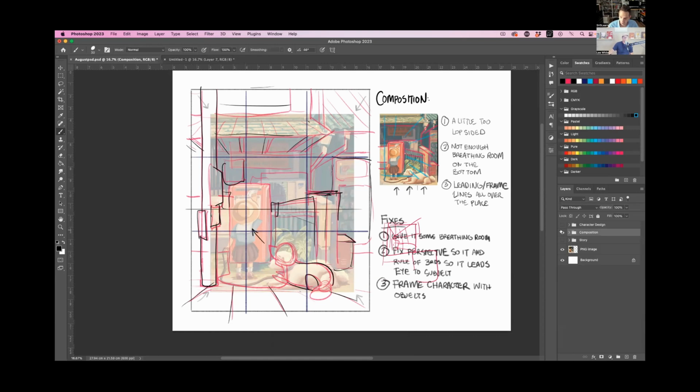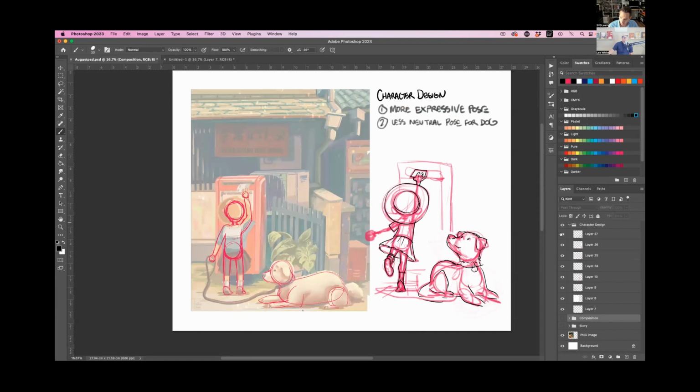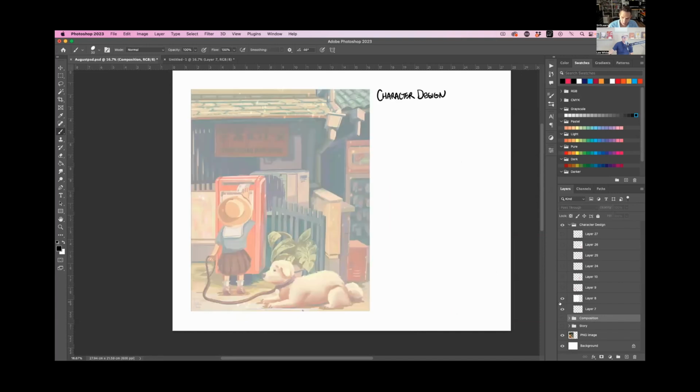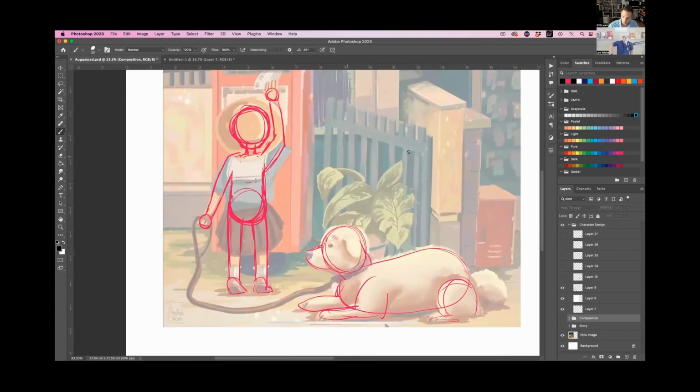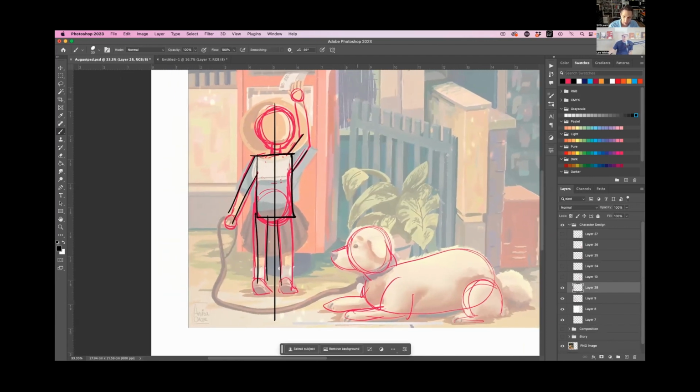Okay. All right. So that would be compositional fixes. Now let's talk about character fixes. If I were to just draw over these two characters, you could see here this character is so evenly balanced, right? There's really not a lot interesting happening here. And with character design, you want to have